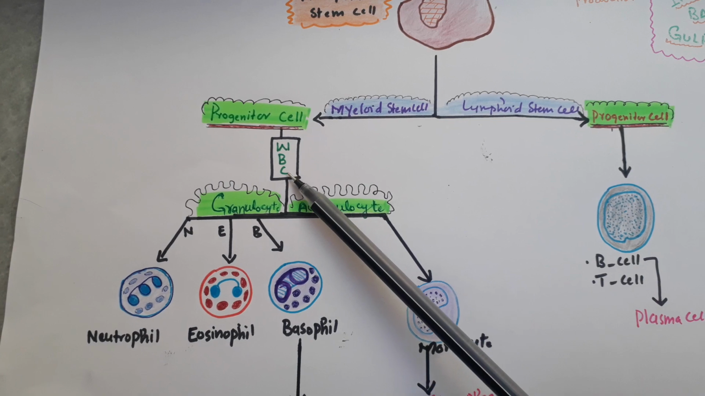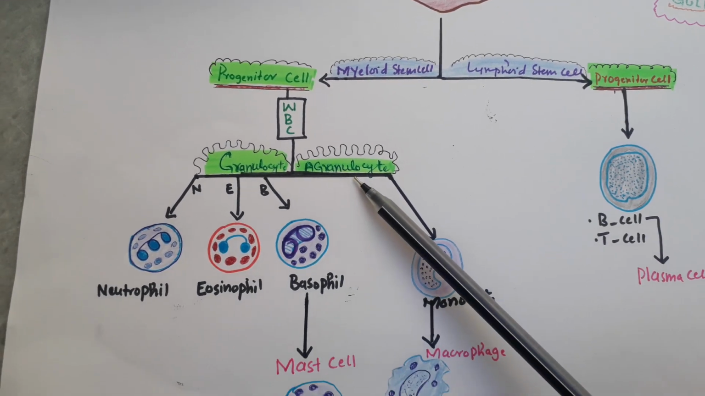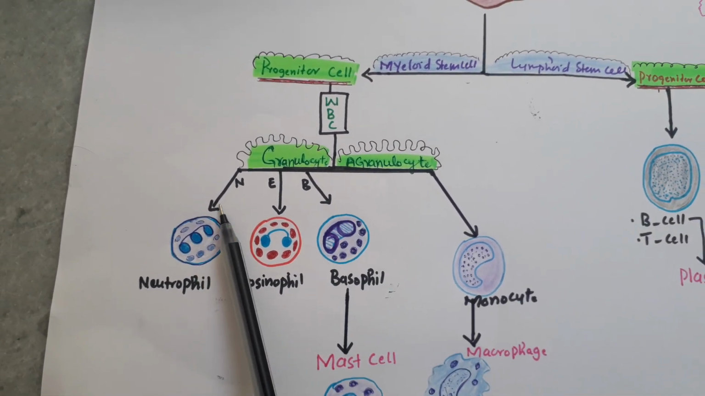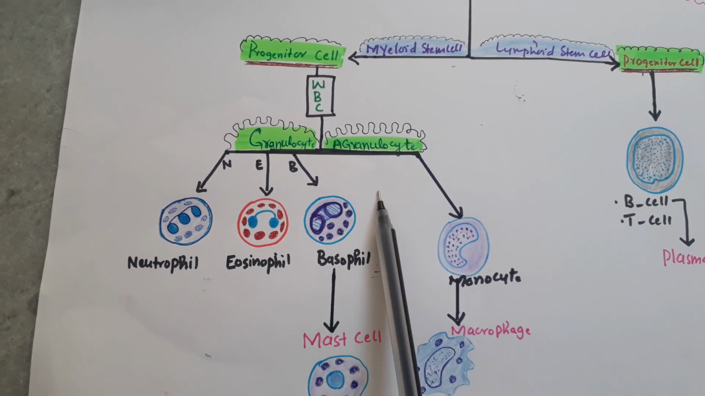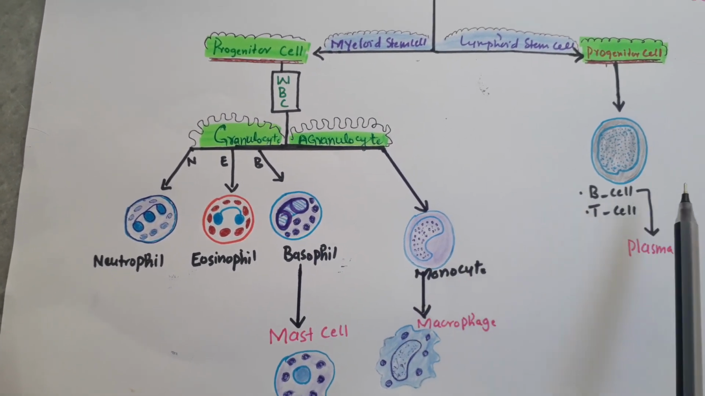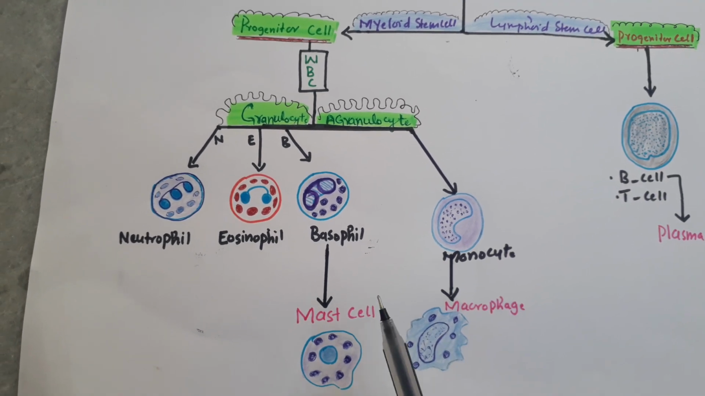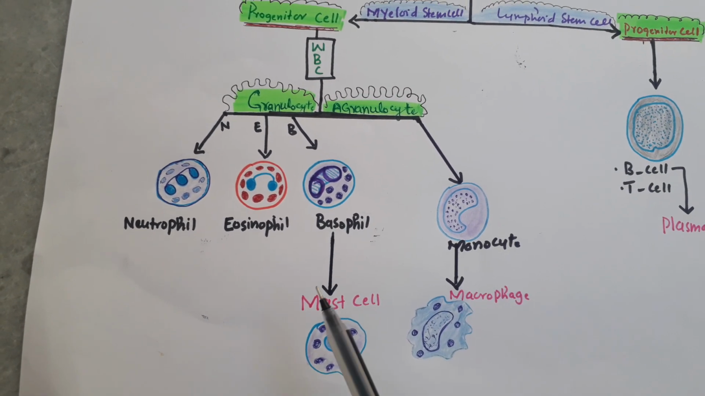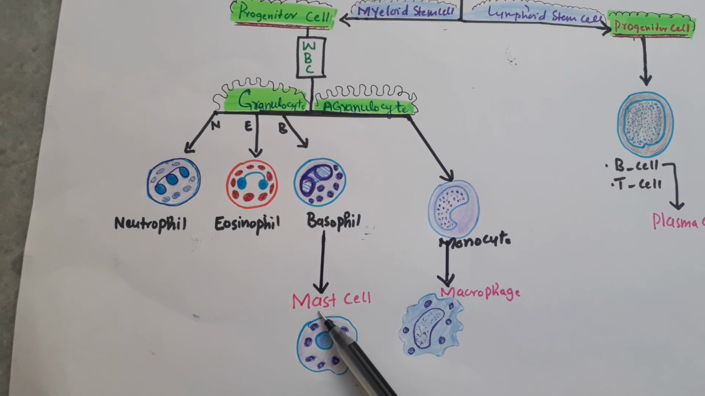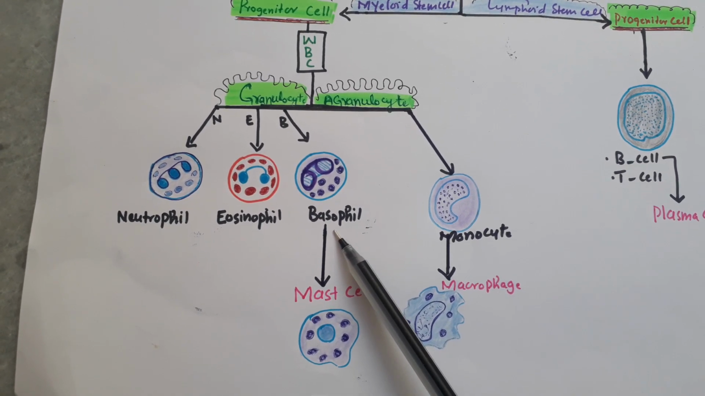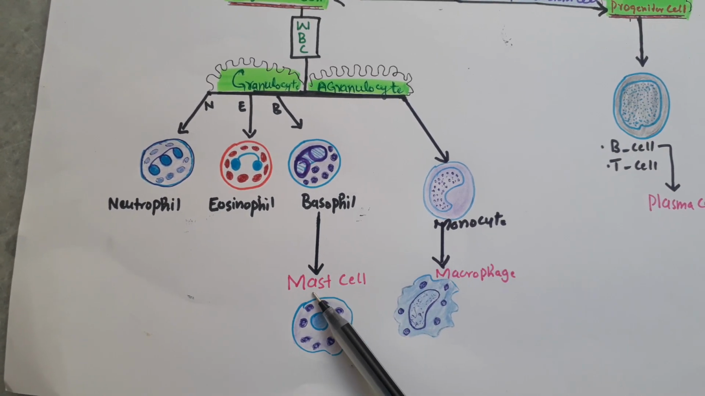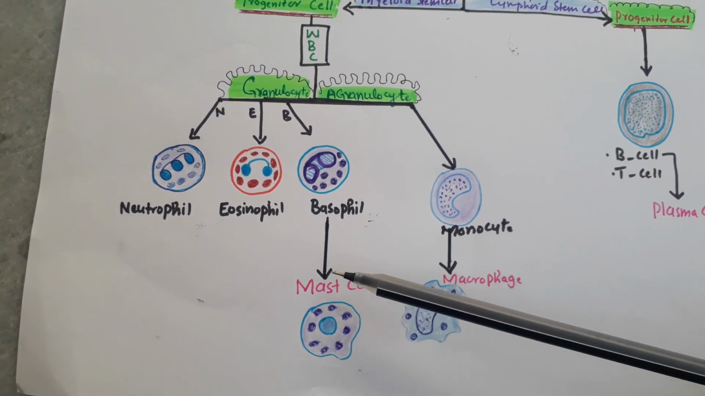Now, the WBC will be consisting of granulocytes and agranulocytes. In the granulocytes, you will remember NEB: neutrophil, eosinophil, and basophil. Agranulocytes will be monocytes and lymphocytes. Monocytes are going to form macrophage and basophil is going to form mast cell. Now, basophil and mast cells are the effector cells of type 1 hypersensitivity reaction, which means they mediate the type 1 hypersensitivity reaction. So, we will be explaining mast cells and